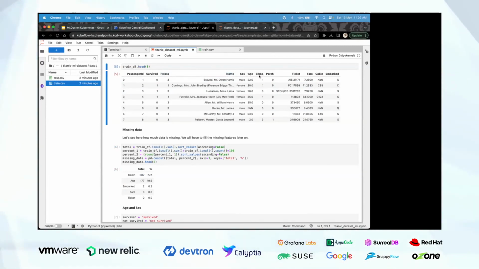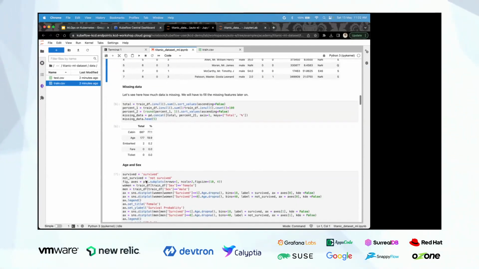This is how many siblings or spouse they have, or parents or children within the ship. Based on these features, we'll predict the target feature, which is survived, whether they have survived or not. To deal with missing data, we will handle it later.